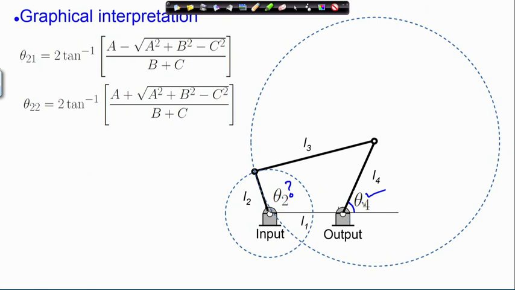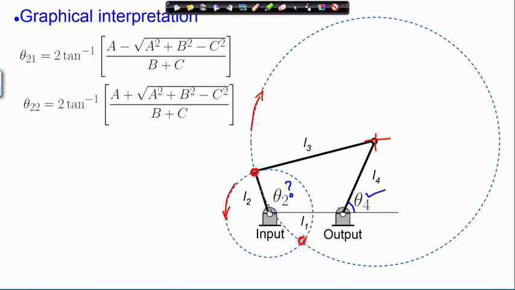So, since theta 4 is given, this hinge at the end of L4 is fixed. So, what can change? L3 and L2, how they are connected. So, this is one way, this is one solution. As you can see, L2 can rotate along this circle, and L3 can rotate on this circle. So, the hinge can rotate on this circle. Now, both the hinges must be at the same point. So, it is the intersection of the two circles that are the possible